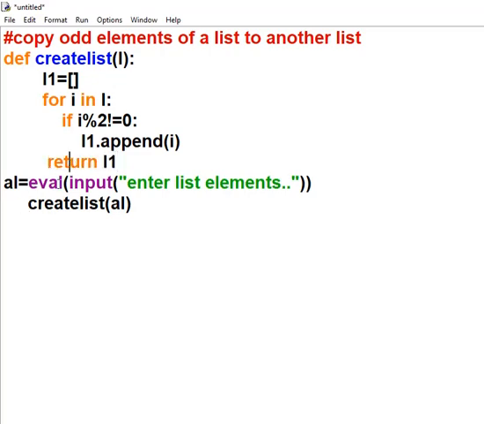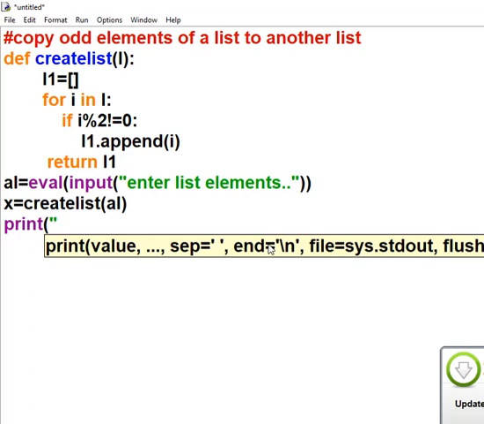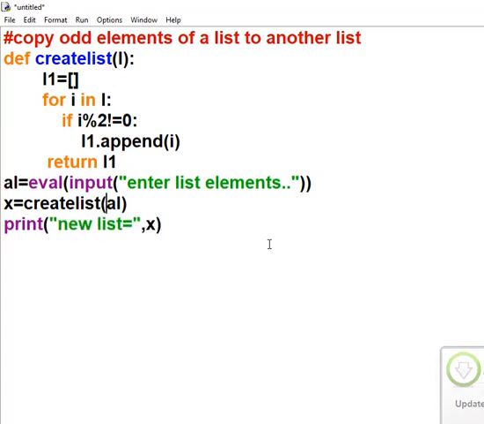But if it is returning a value, then in this place it will bring this L1 list, that is a value. So that value you can either directly print, or you can assign it to some variable, say x is equal to create list, and print the value of x as print new list x.